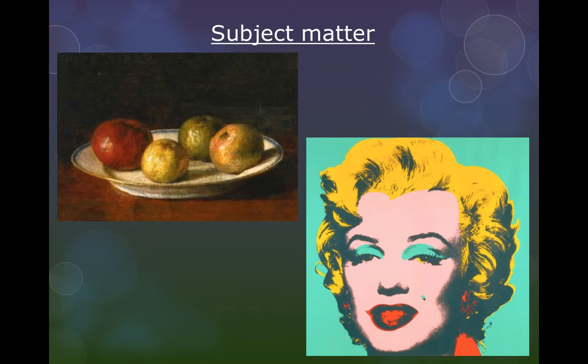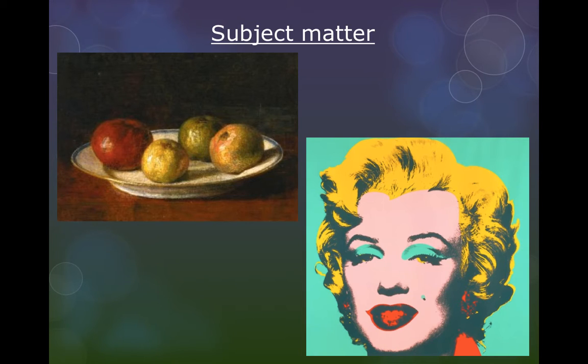The second vocabulary term we want to be familiar with is what's called subject matter. Now, subject matter is what the particular art piece is focusing on or depicting. So, look at the subject matter in these two particular pieces I have on the screen. You can see the one is showing a bunch of fruit on a plate. So that would be more or less a still life type of subject matter,